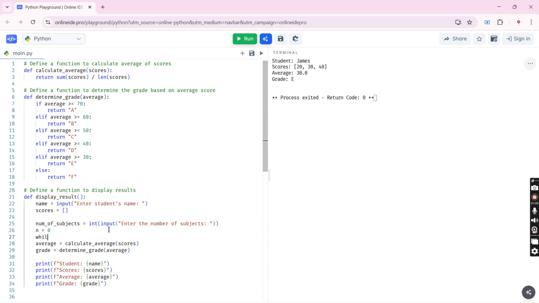Okay, so while true, we're going to say... no, not while true, right? Because while true we only run infinitely. So we want to say while n is less than the number of subjects. Now currently n is 0, and we are going to be incrementing that actually. So while n is less than the number of subjects,